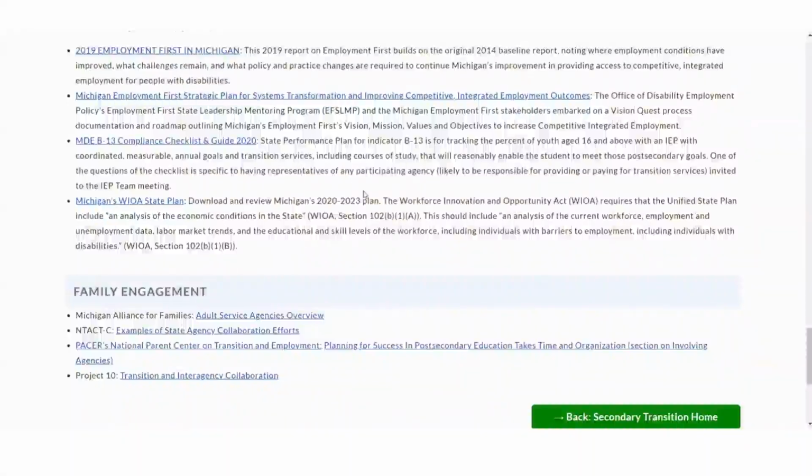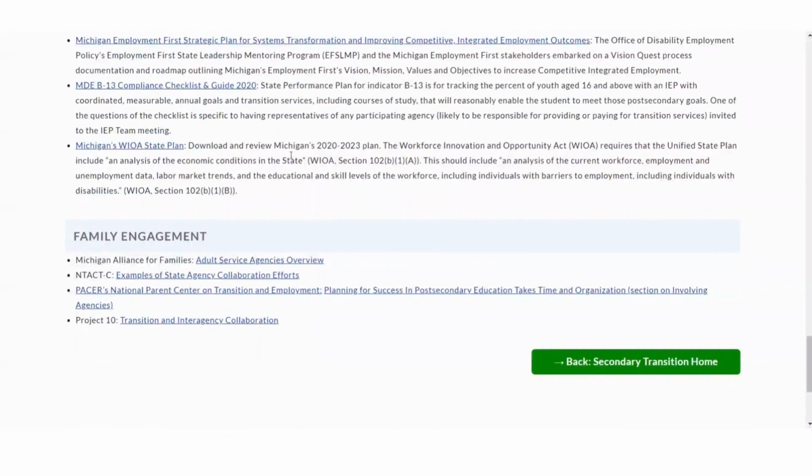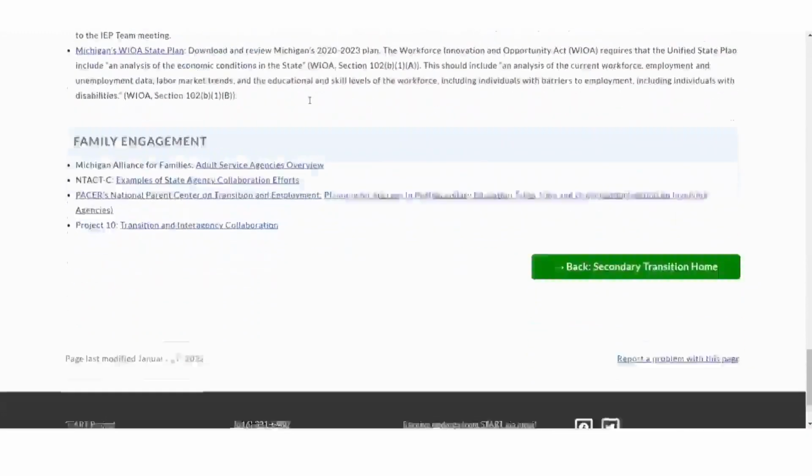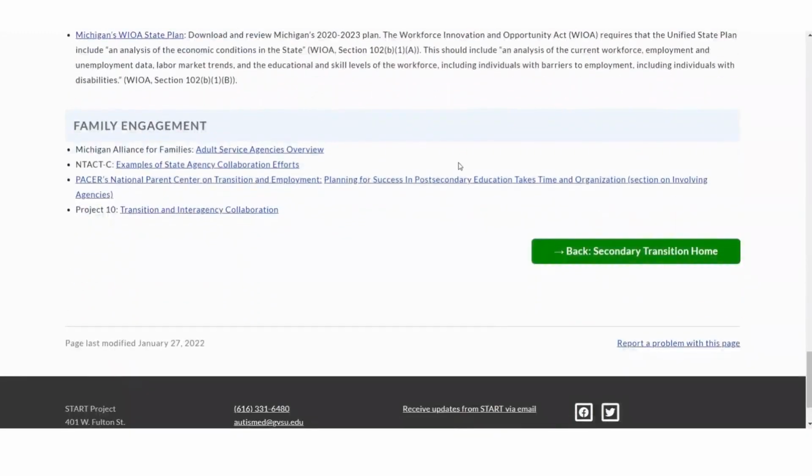That completes the review of the interagency coordination and collaboration component. At any time, you will be able to return to the secondary transition homepage screen by selecting the screen in the lower right-hand corner. If you have any feedback or find issues accessing the materials, please follow this link at